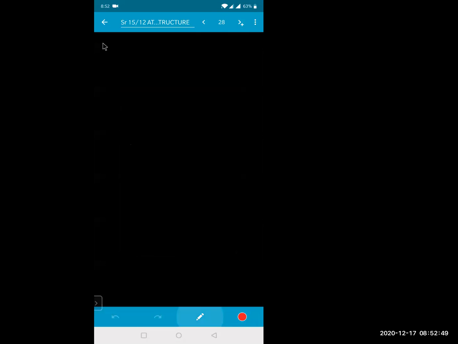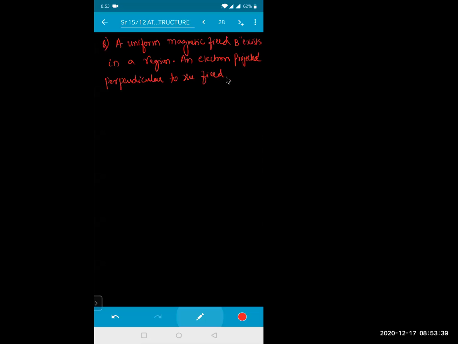ఇంకో మోడల్ చేయండి అన్న ఇలాంటి దానిపైన. A uniform magnetic field, uniform magnetic field capital B exists in a region. First, an electron projected perpendicular to the field goes in a circle, assuming